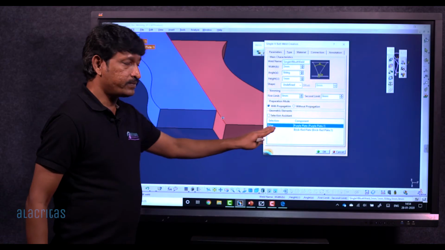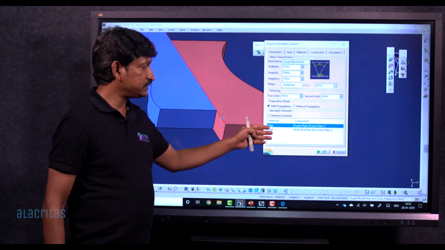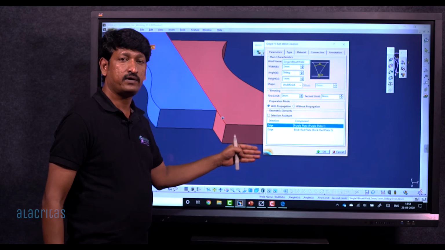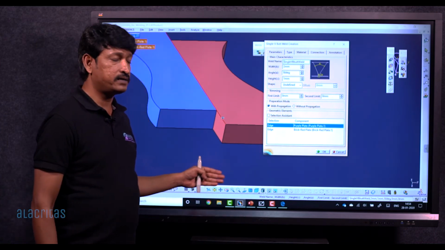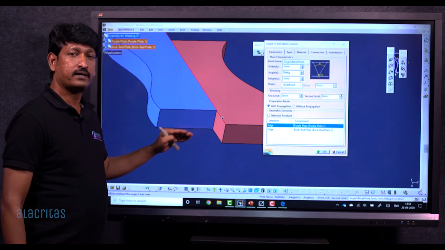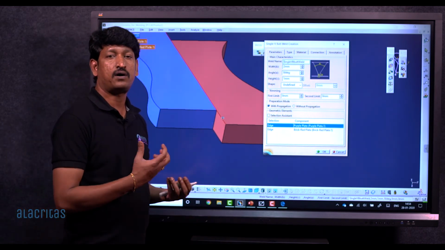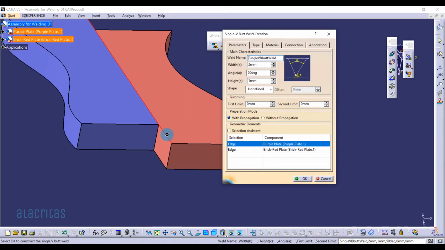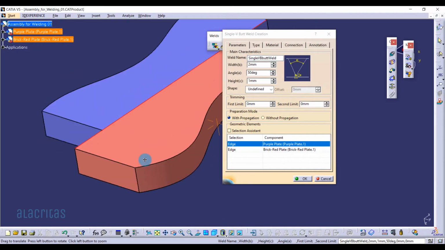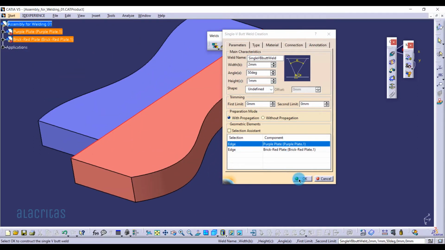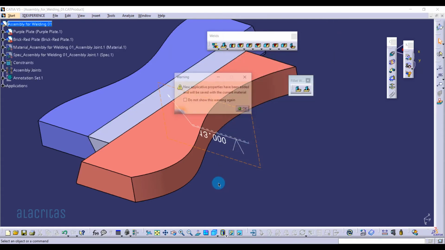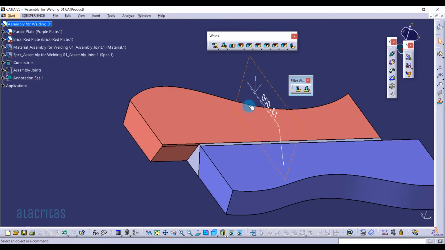So based on the first selection, the selections will change. Earlier when we used surface as the element, we had to pick 4 items. Now since we have chosen the edges, the system will compute automatically, and the rest of the items remain the same. Let's click and see the result. So again the warning message, and now you can see